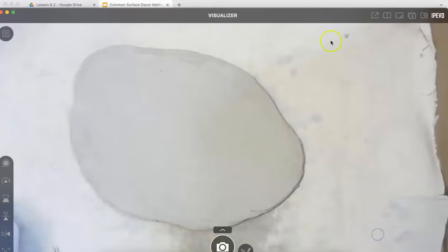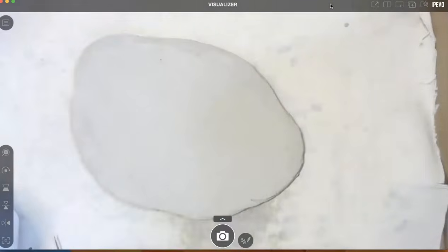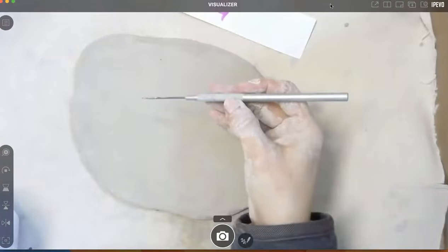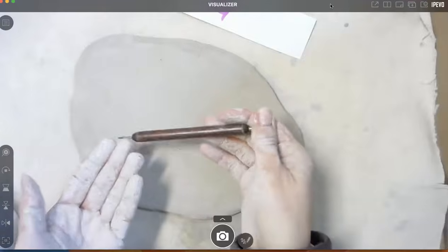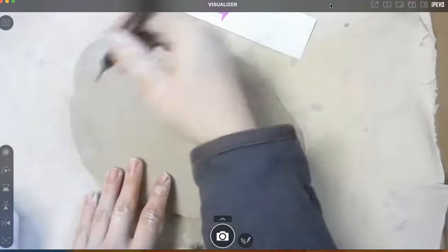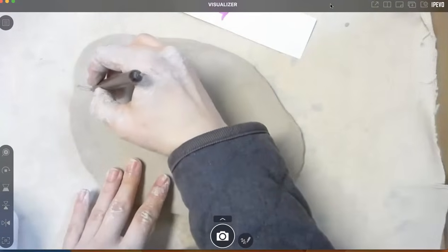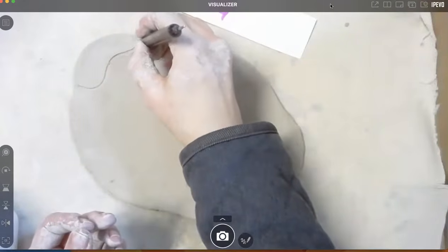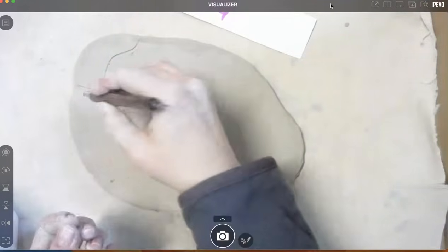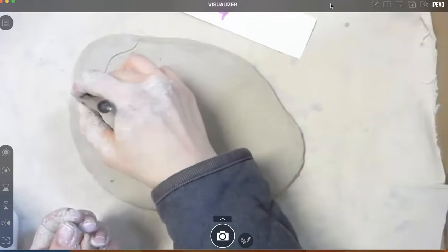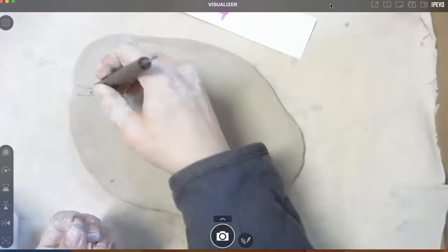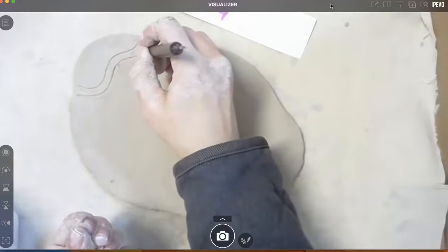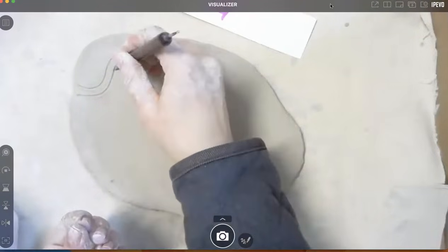So if we look at it in terms of a piece of clay, here's a piece of clay. To do incising, typically you can use your needle tool as well as a ball stylus tool. I really suggest using a ball stylus tool, and you can use this to create deliberate lines. This does create surface texture because you are changing the texture. But what's great about using the ball stylus tool is this is so much easier later on when you glaze or paint your sculpture, because you can actually get the glaze and the paint easily within the lines.